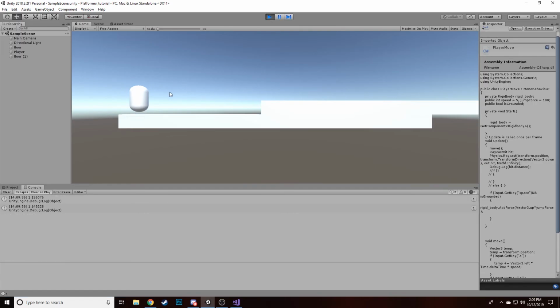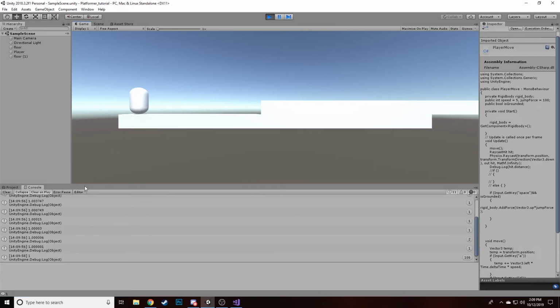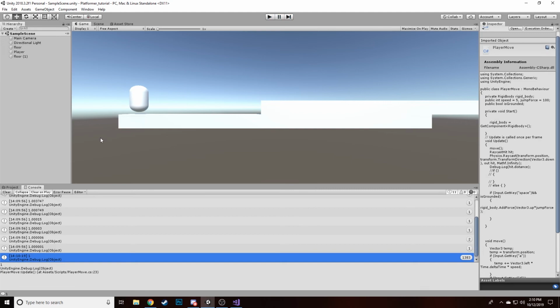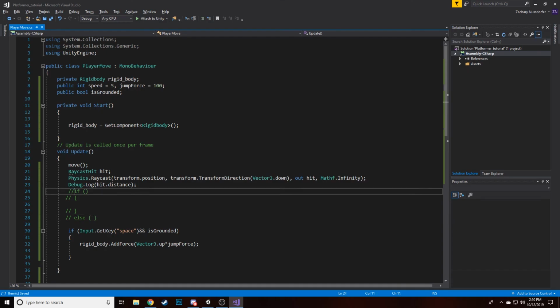So when I hit play here, our object falls to the ground, and as you can see, we are printing out this 1 in the console. This is the hit distance of our raycast object. It is shooting a ray from our transform.position of our player object down to this collider right here, and it's saying that distance is 1. So if we come in here and come back to our if statement and uncomment it out,